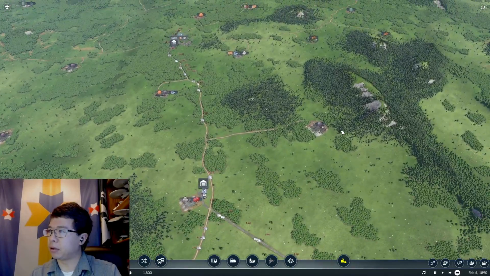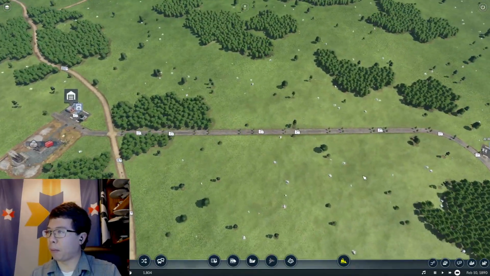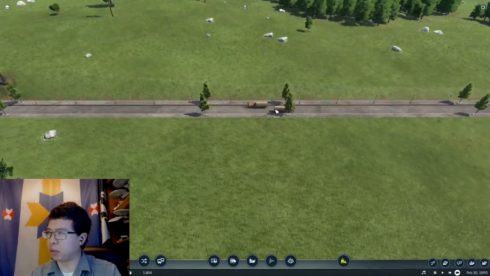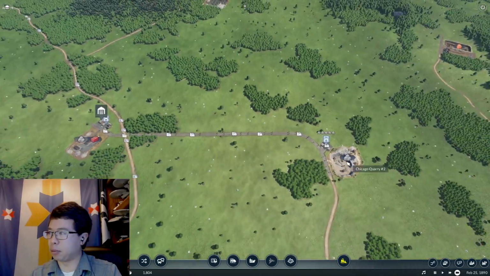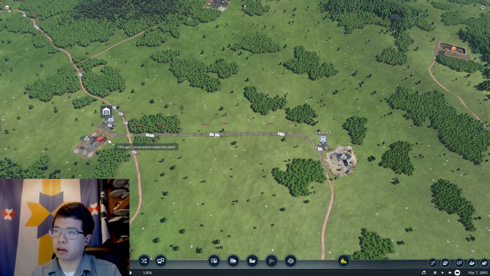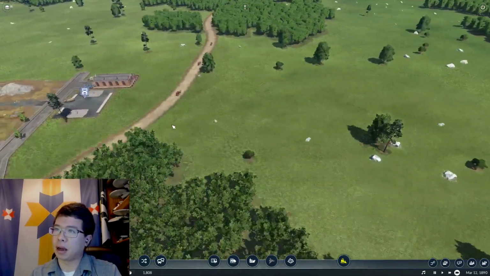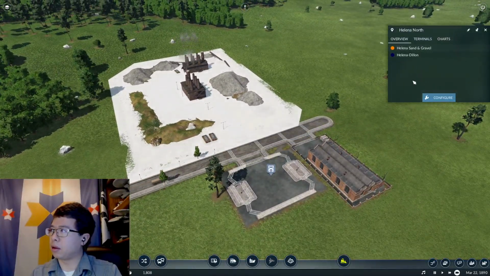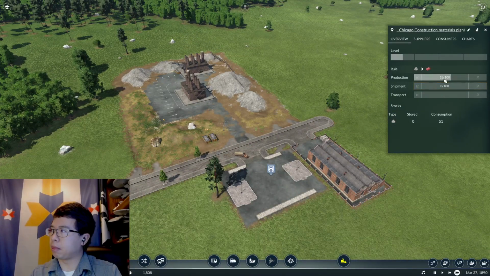So we have some horse-drawn freight wagons bringing stone from the quarry over to the construction materials plant, and it doesn't seem that we're really producing any bricks ready to be exported. So I'm not quite sure